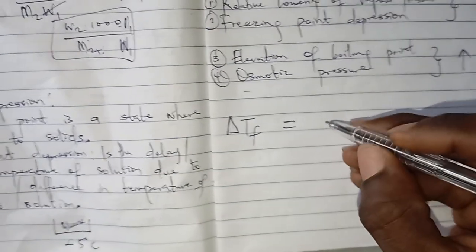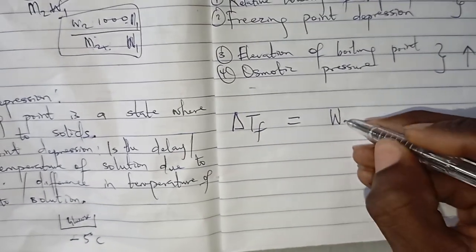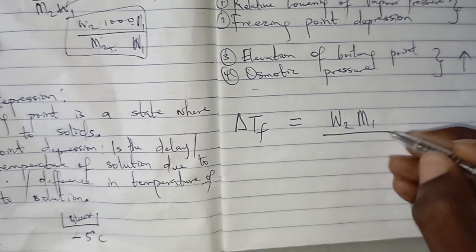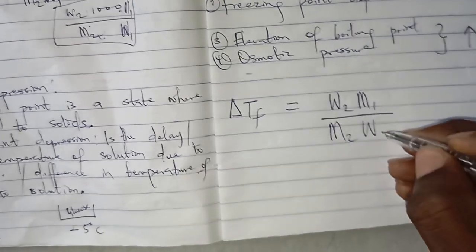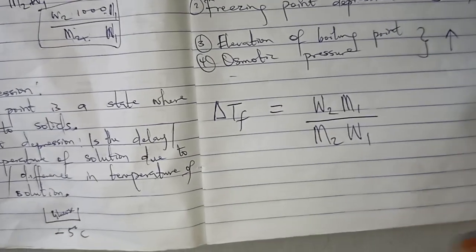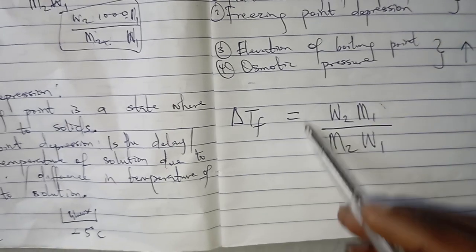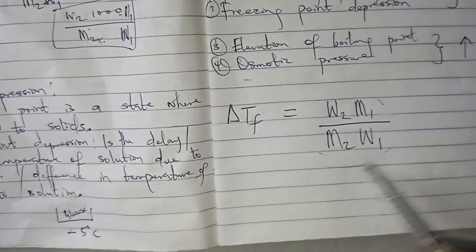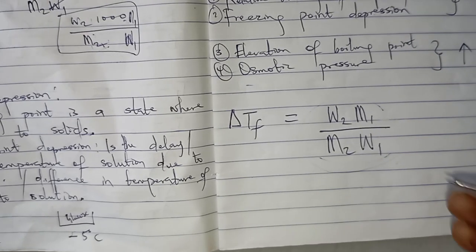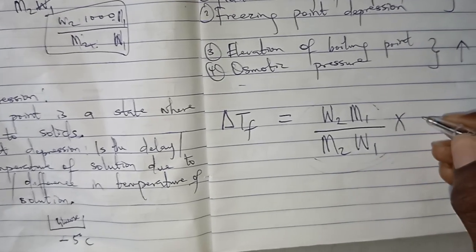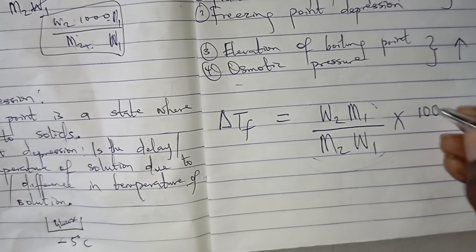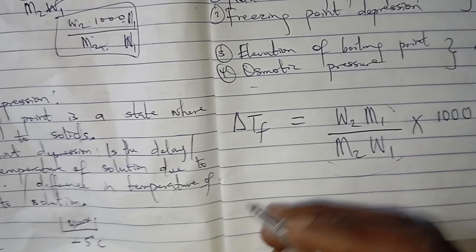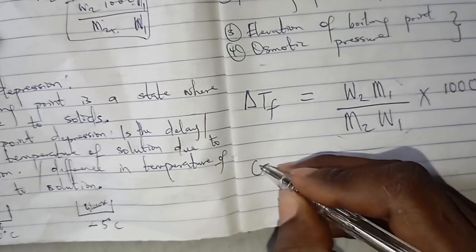Since they are equal, that means this one can also be W2M1 all over M2W1. But know that it's only relative lowering of vapor pressure that occurs at this. For freezing point depression or elevation of boiling point, it can only happen when we have the cryoscopic constant. And this cryoscopic constant is simply